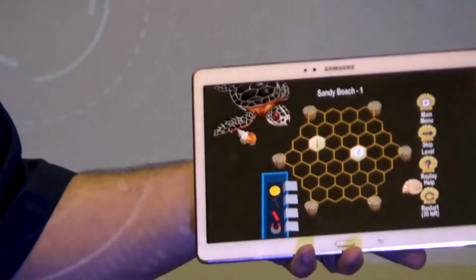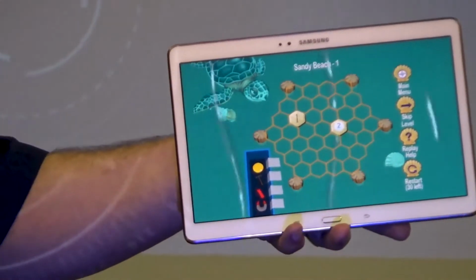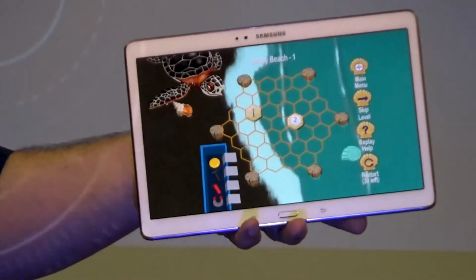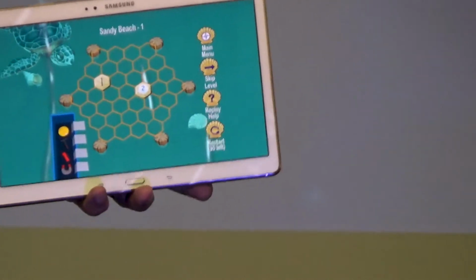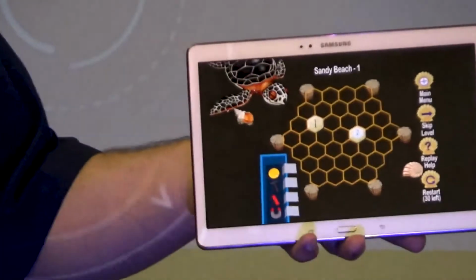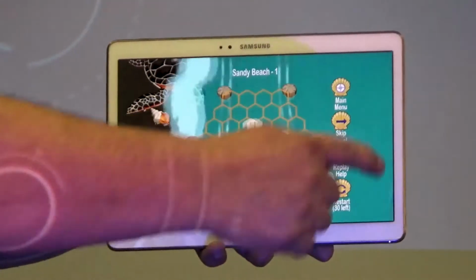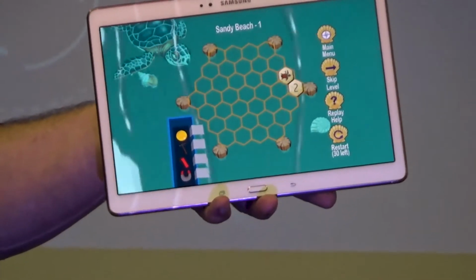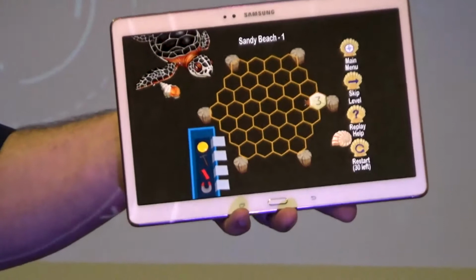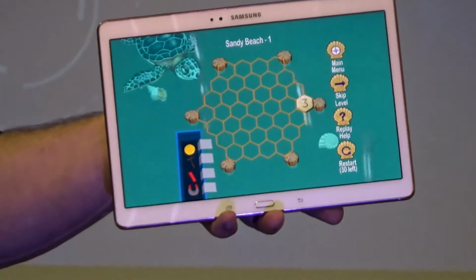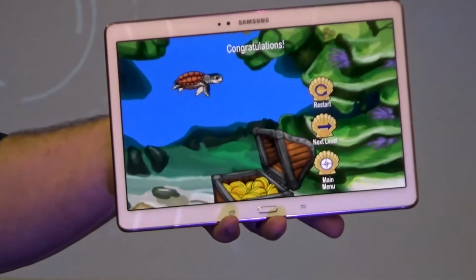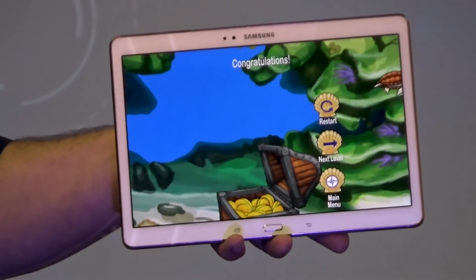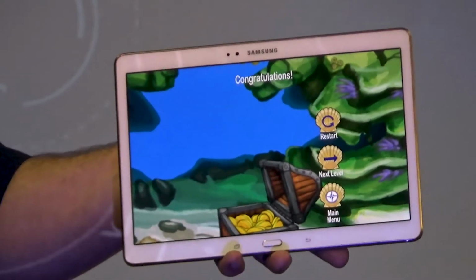It's written in VisualWorks Smalltalk and runs on an Android device using a virtual machine that I wrote myself as an interpreter that interprets VisualWorks bytecodes. I'll just do one thing here. That solves this first level. My little turtle falls onto the ground and then gets carried away by a wave. And now I finish that level and I go on to the next level. Okay, I'll show you this in a few other forms, but that's where I am.